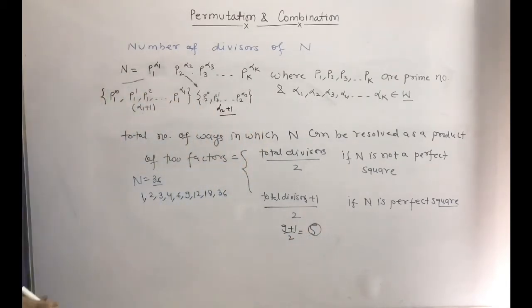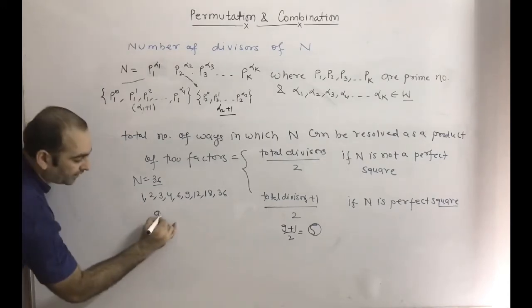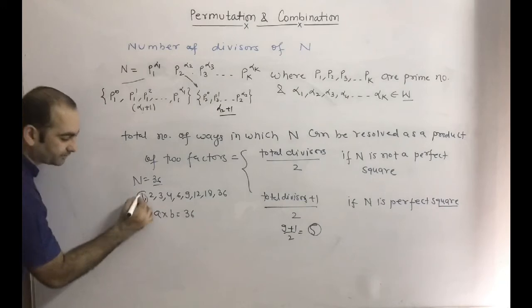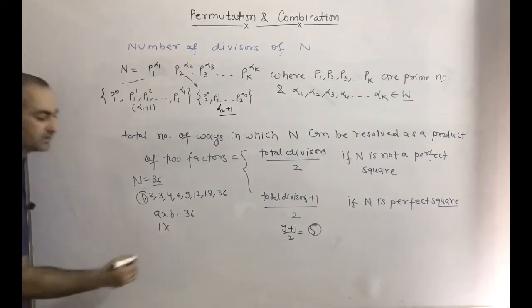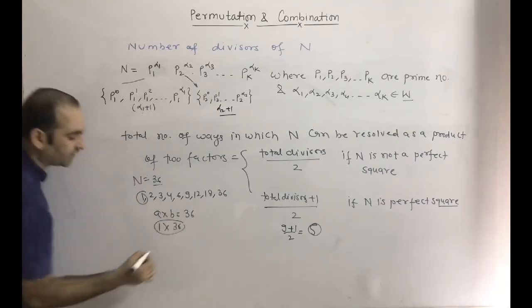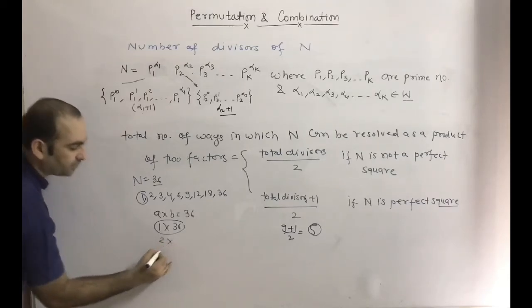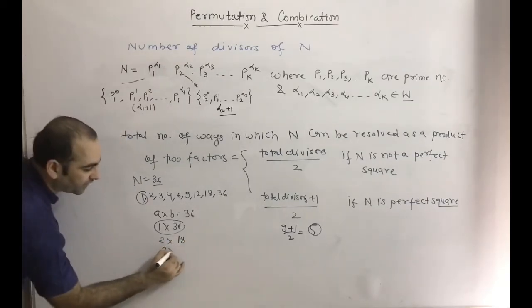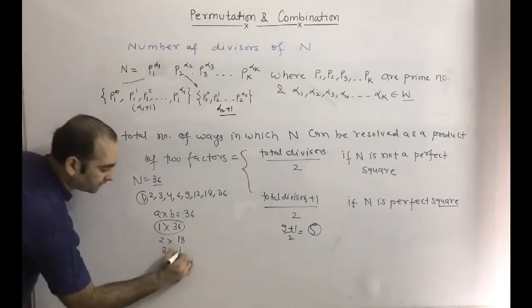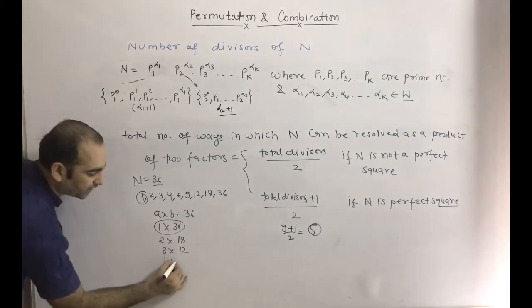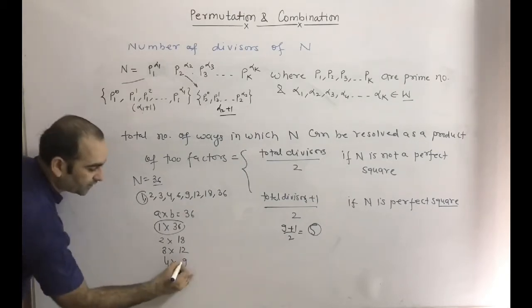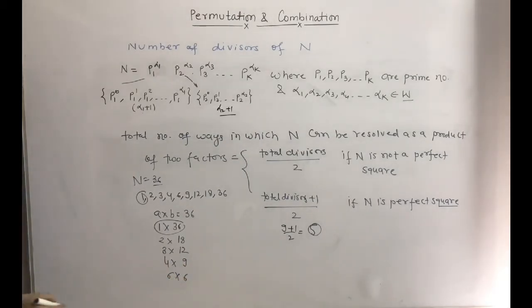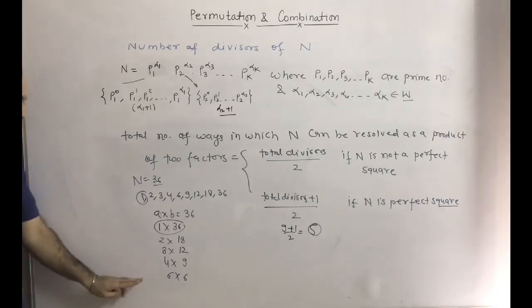Now if you factorize this, we want a into b to be 36. If a is 1, b should be 36. So that is one way. If a is 2, then b should be 18. So that is the second way. If a is 3, then b should be 12. If a is 4, then b should be 9. If a is 6, then b should be 6. Now after that it will repeat,